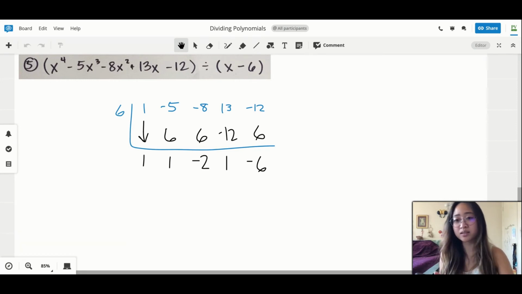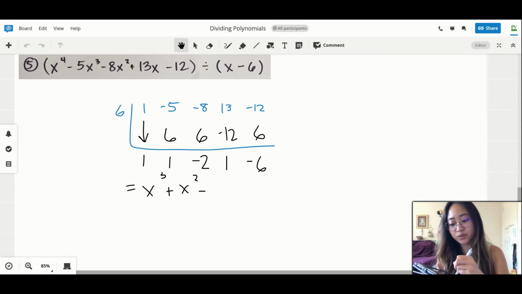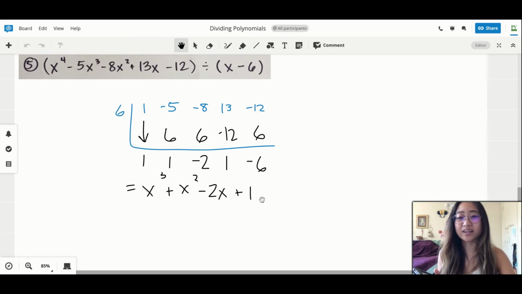So we can expect the first term to have a coefficient of 1 and a degree of x cubed. So that will just look like that. And let's go ahead and keep going in descending order using the coefficients, keeping in mind the degrees as well. So that means the next term should be plus x squared minus 2x, and we have run out of x's to use. So then we could say plus 1 as the constant, and since we did not get 0 as